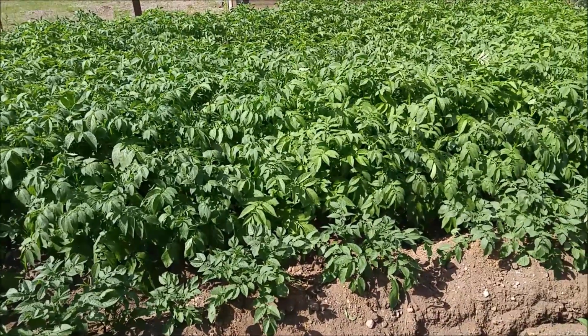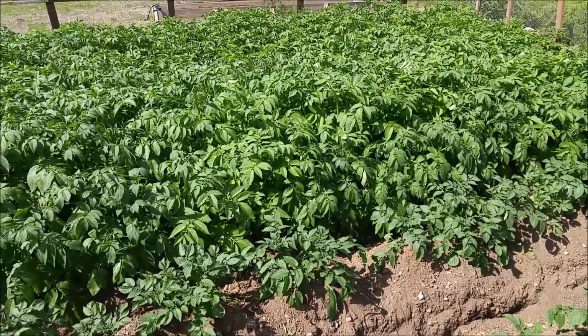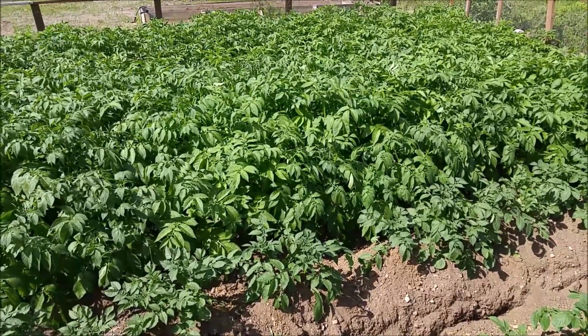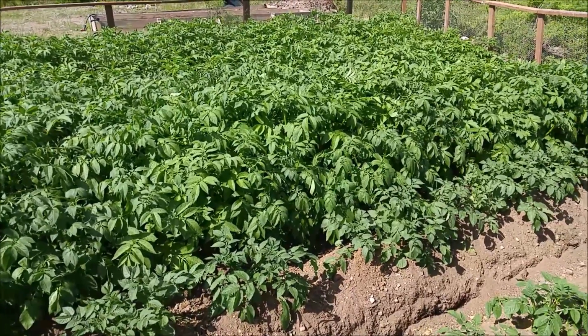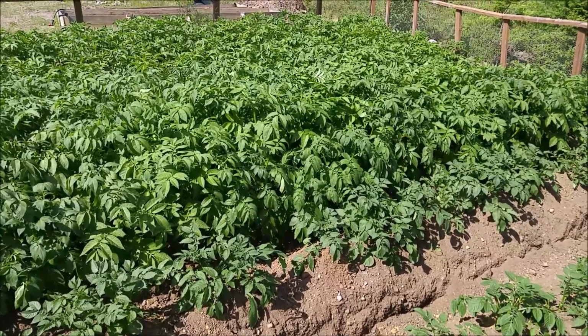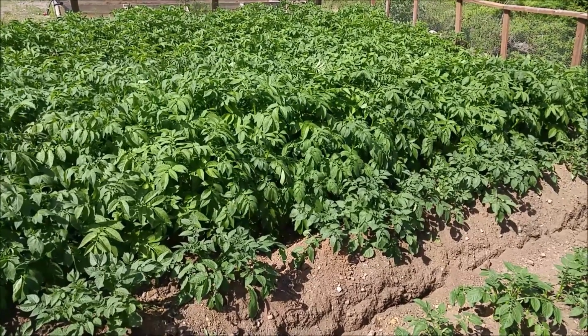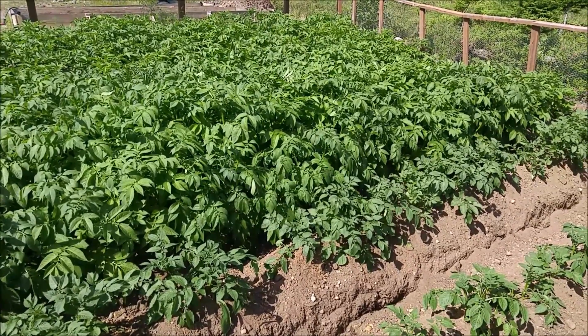I have heard that they don't necessarily have to flower. If they do flower, you'll get a lot of small little ones. If you pinch the flower, or if they don't flower, you'll get a lot of larger ones, just less quantity, I guess. That's just what I've heard. I don't know if anybody can confirm that for me, but